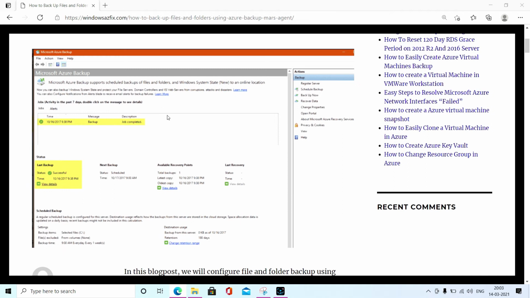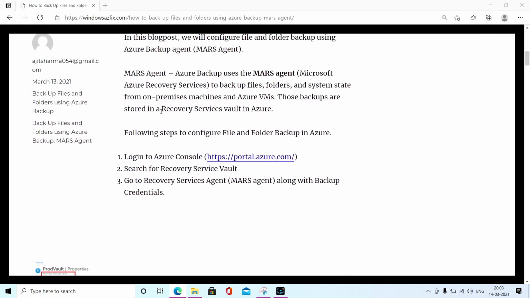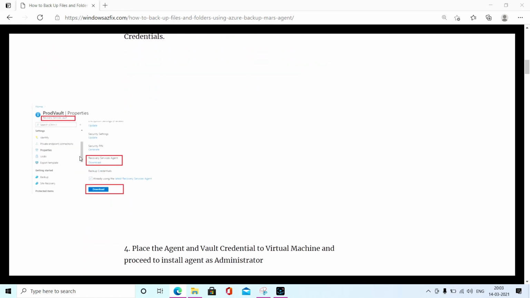So let's move on and I will show you how we can create a file folder backup. First of all, you have to log into portal.azure.com, and after that go to the recovery services vault. Once you choose the vault and go to the properties, you will find the backup credential and the recovery services agent.